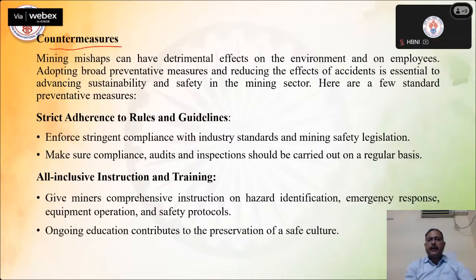Mining mishaps can have detrimental effects on the environment and on employees. So if we see,